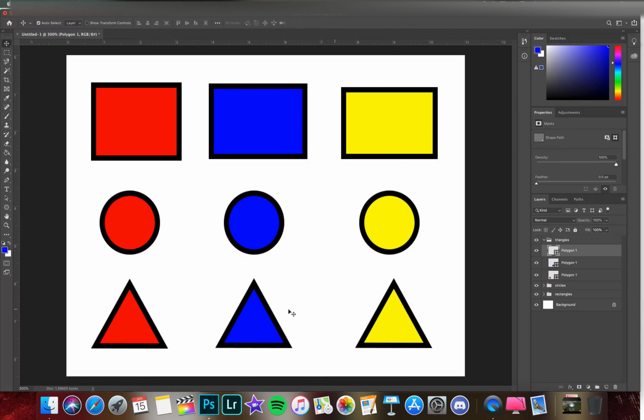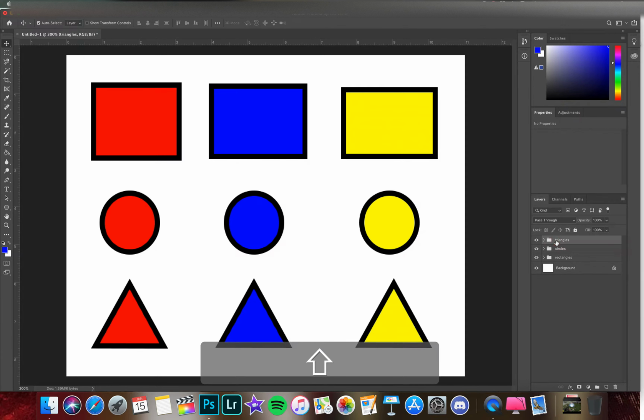Okay. I can still select them individually though. Just because I've put them in a group doesn't mean that when I select one, I'm selecting all. But if I Shift select triangles and then come down,